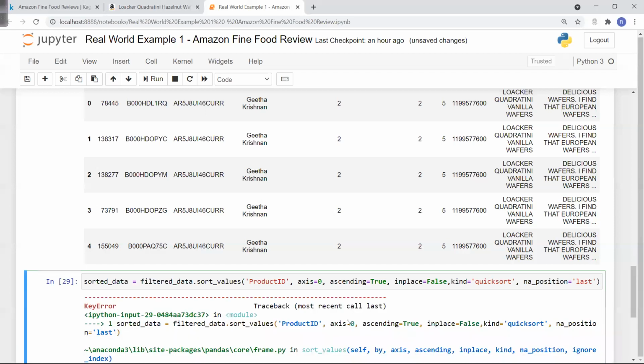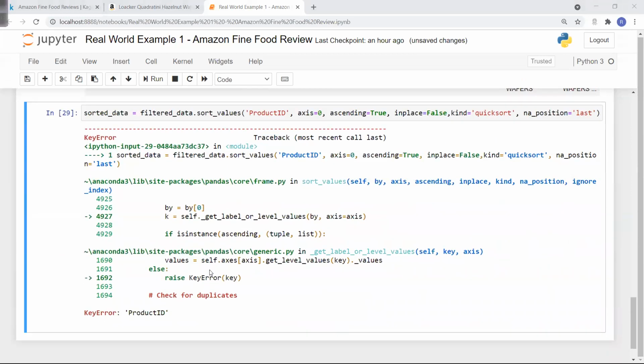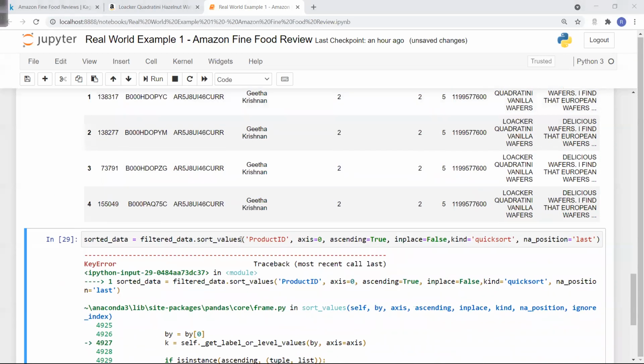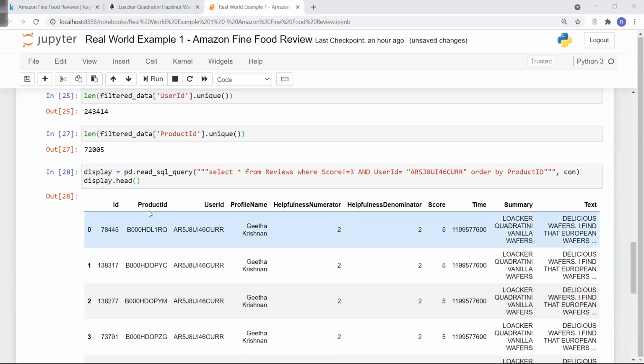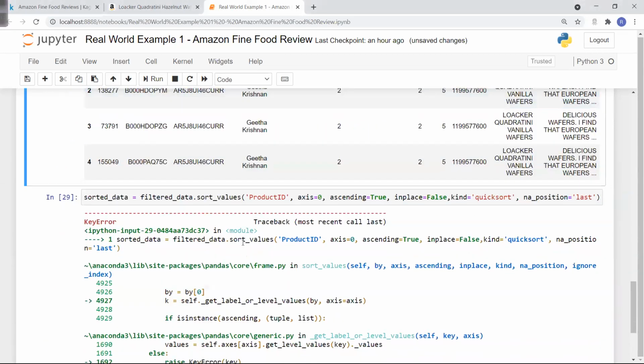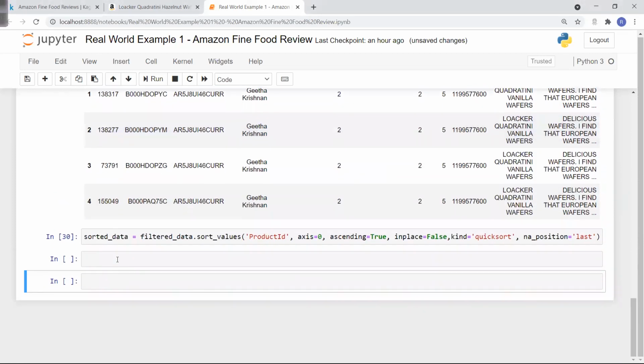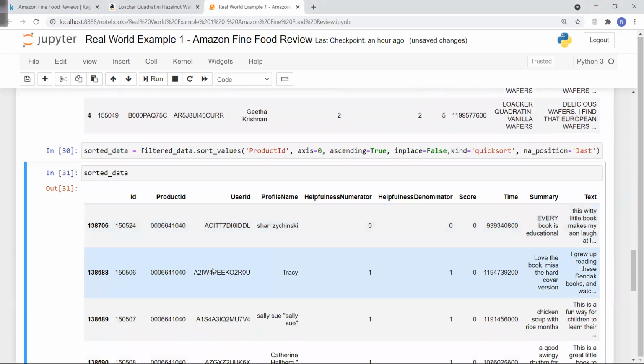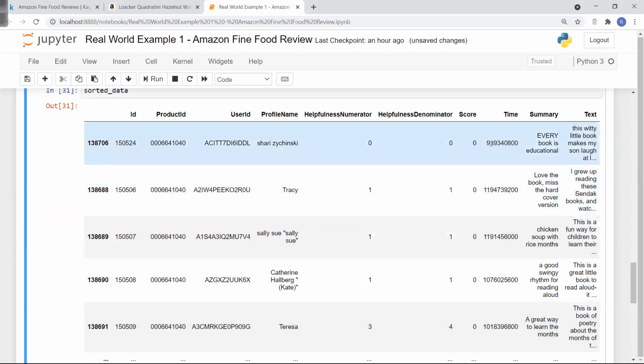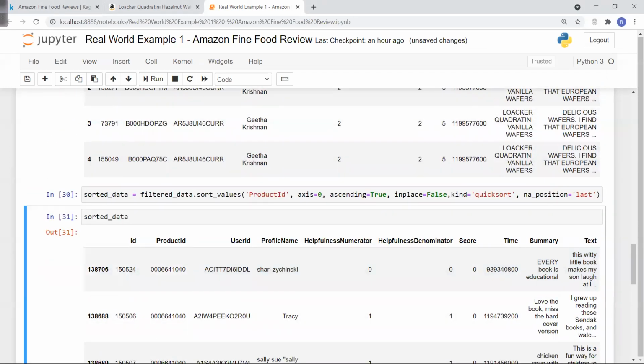When I run this command, I got some error, so I need to check what the error is. Product ID: is I small or capital? Okay, D is small. Yeah, so I have the sorted data with me. I sorted the data, and after that I will remove the duplicates from this sorted data. So my final data will be